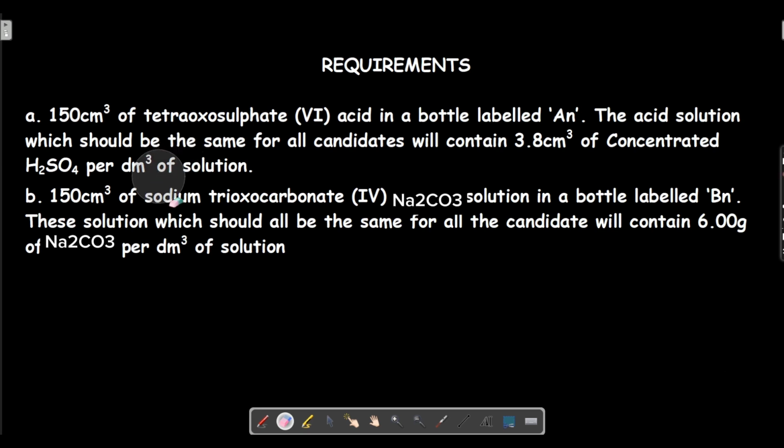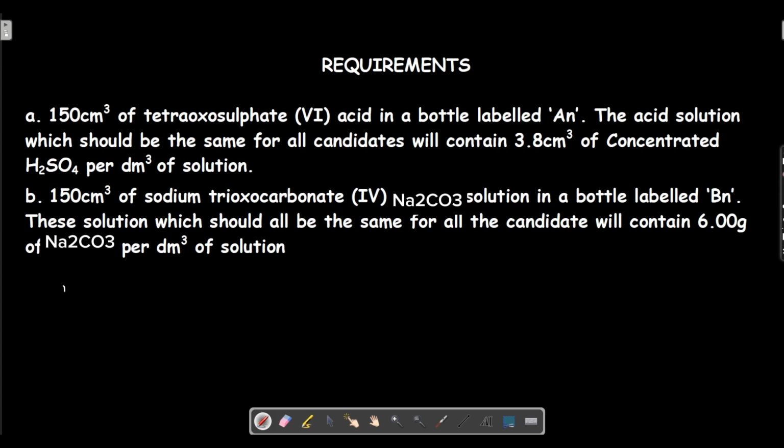So you have requirements for the practical, for the titration. It says 150 cm³ of tetraoxosulphate 6 acid in a bottle labeled AN. The acid solution, which should be the same for all candidates, will contain 3.8 cm³ of concentrated sulfuric acid per dm³ of solution. YB is 150 cm³ of sodium trioxocarbonate 4 solution in the bottle labeled BN. This solution, which should be the same for all the candidates, will contain 6.00 grams of sodium carbonate per